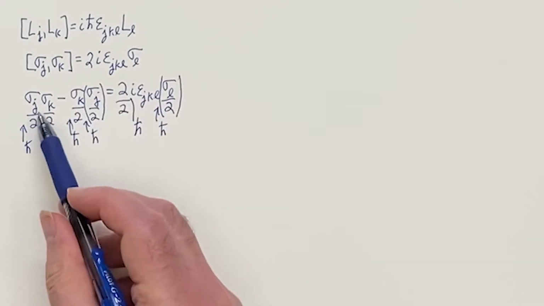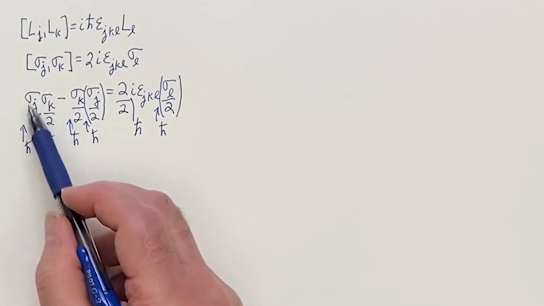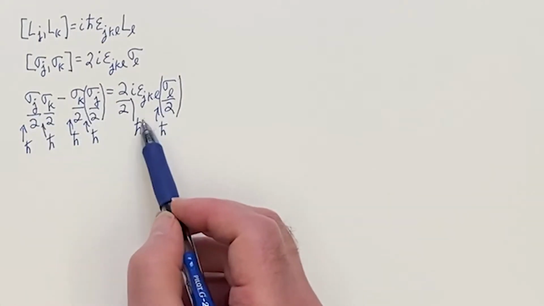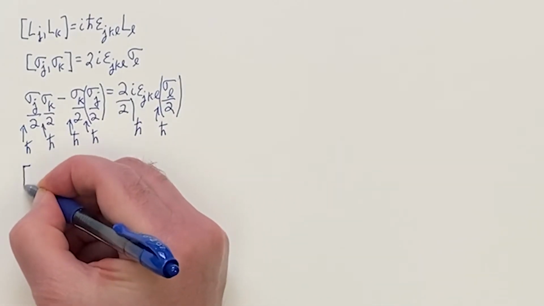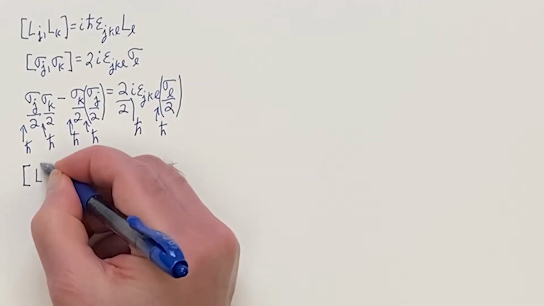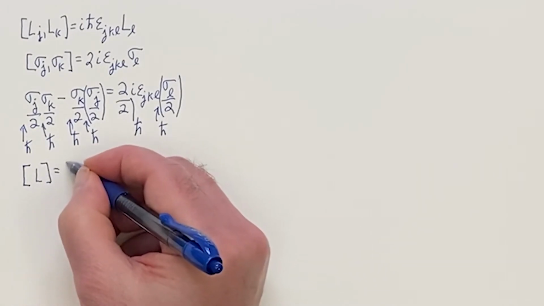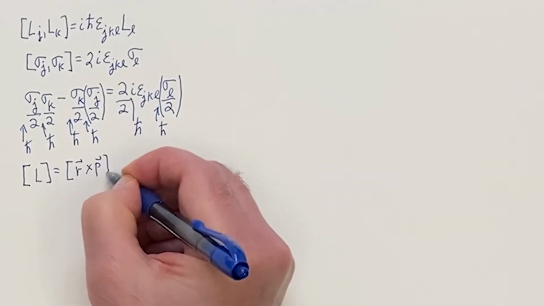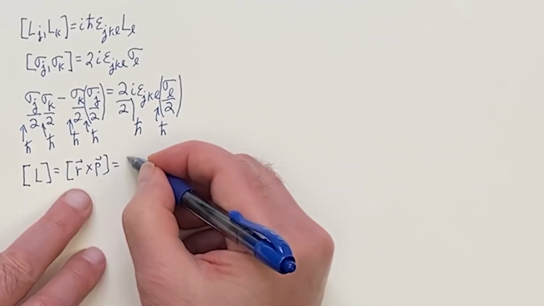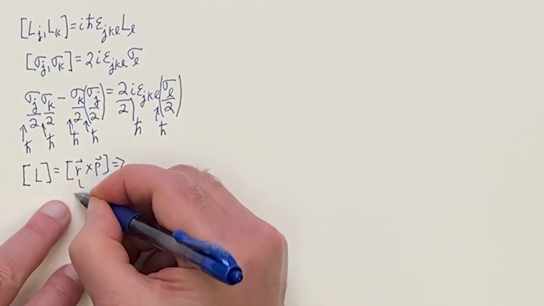If you put the h bars in front of the sigmas, then you have an h bar squared, an h bar squared, and here you have an h bar squared. Now the reason why we want to do that, I'm going to show you that the dimensions of angular momentum, which would be the dimensions of r cross p,